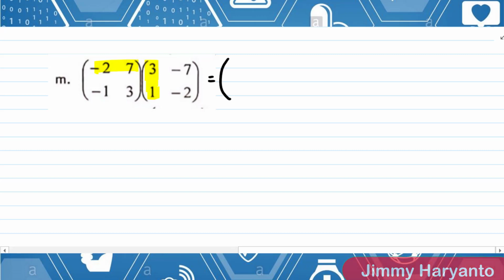This is obviously possible. So for the first one is -6 and 7 equals 1, and then for the next is this one, 14 minus 14 equals 0, and then for the second row it will be -3 plus 3 equals 0, and then for the next is 7 minus 6 equals 1. Okay, as you can see, the result is the identity matrix. So there are matrix multiplications that give the result of the identity matrix.